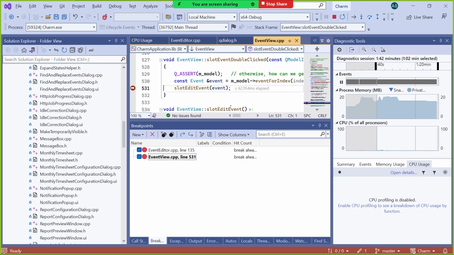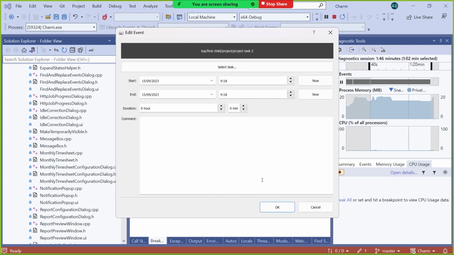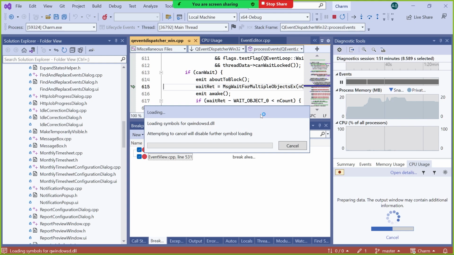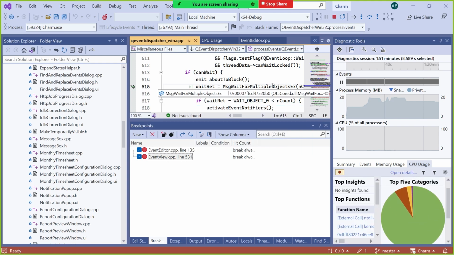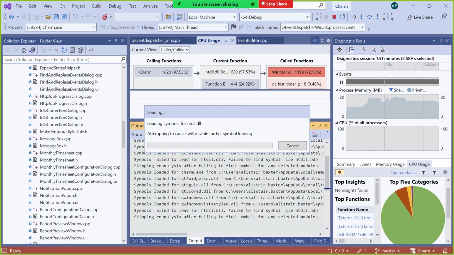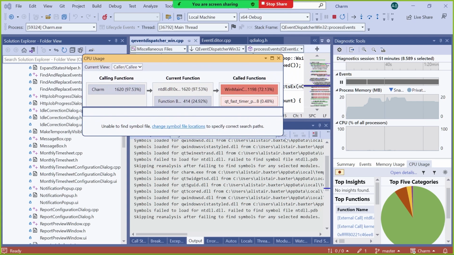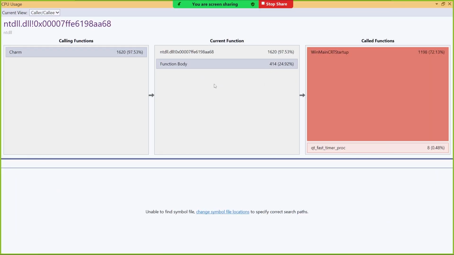So when we are at a breakpoint here, we can just click this little record button to enable CPU profiling. And then if we let it run, it will eventually stop. So at this point, we can pause the application. Most of that time will hopefully have been in the processing of the thing that we were interested in. So I need to open details here and make it big enough that we can see.